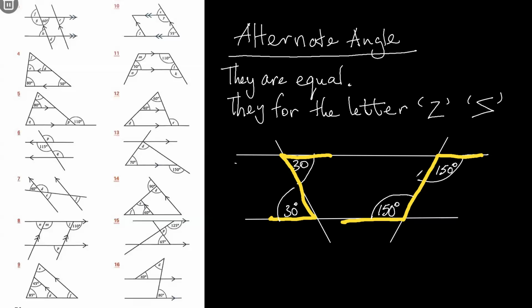So you have two types of angles. We just spoke about interior angles forming a C, angles on the inside, and they add up to 180 degrees. And we spoke about alternate angles, which are equal. They are equal, but they form a Z. All right. So that's it for today. People, look out for the homework. Remember, you need to